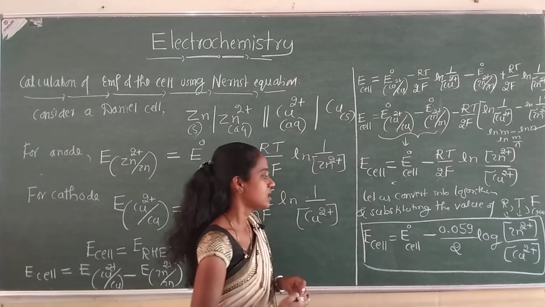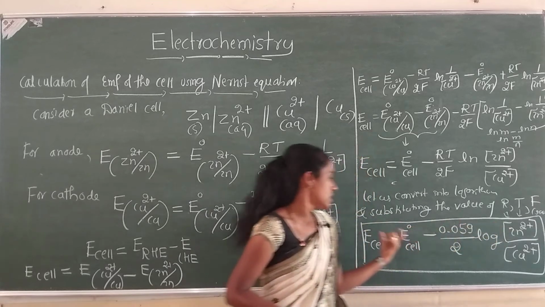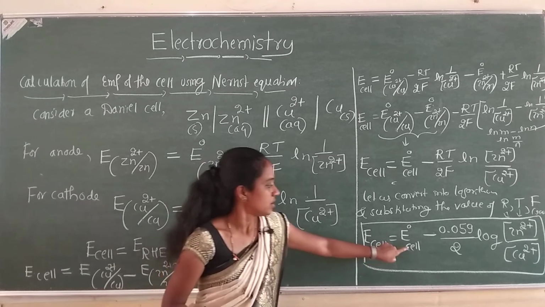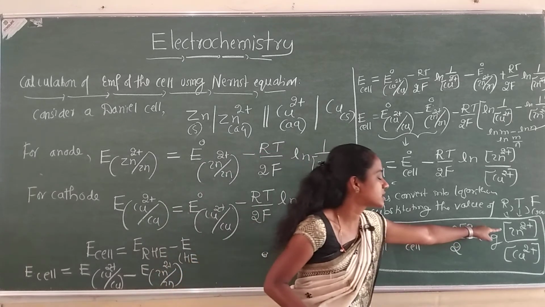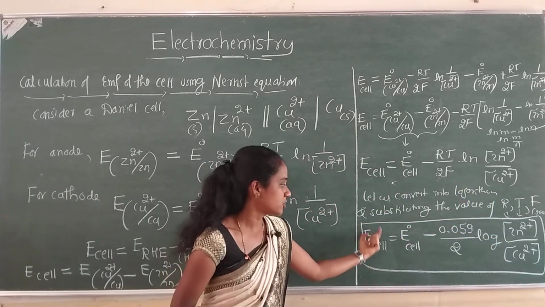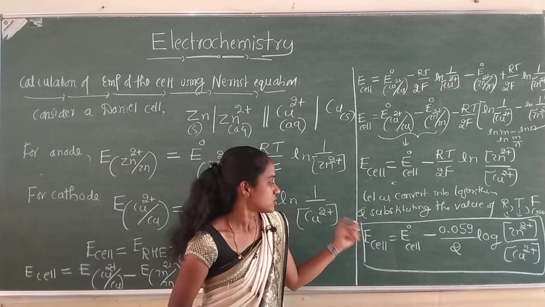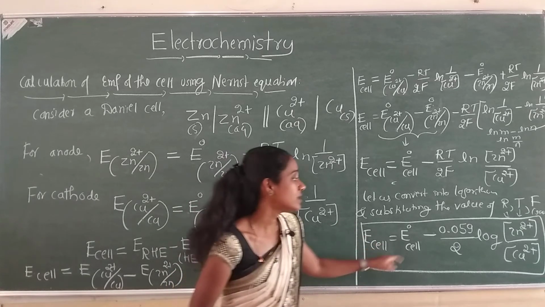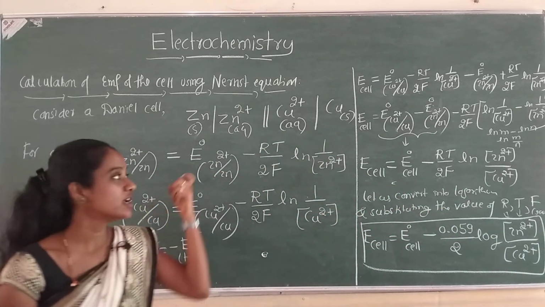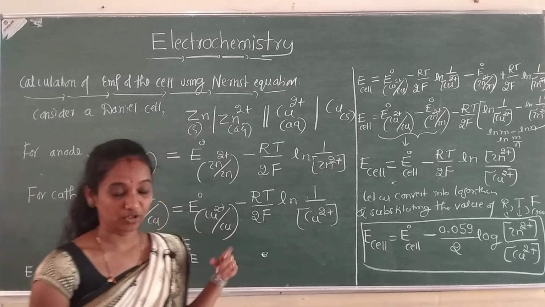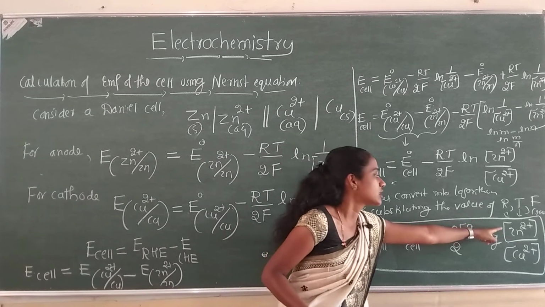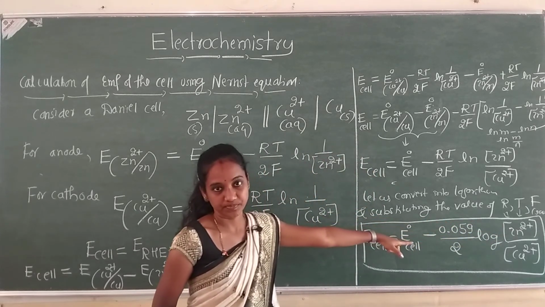This is for the Daniell cell. I have written in the numerator, see, the Nernst equation. You may be asked to calculate the E cell. E0 cell will be given, and the concentrations of both the oxidized and reduced forms of the species will be given. So you need to calculate the electrode potential. This equation is used when the concentration of the electrolyte is other than 1 molar. If it is a unit concentration, we can also make use of the standard hydrogen electrode, but the Nernst equation is mainly used if the electrolyte concentration is other than 1 molar.